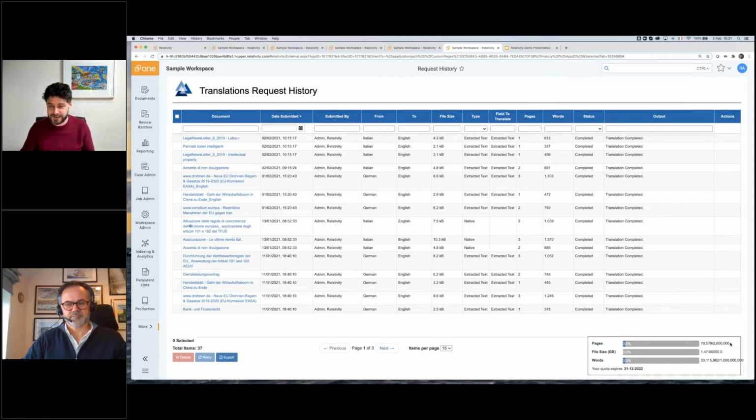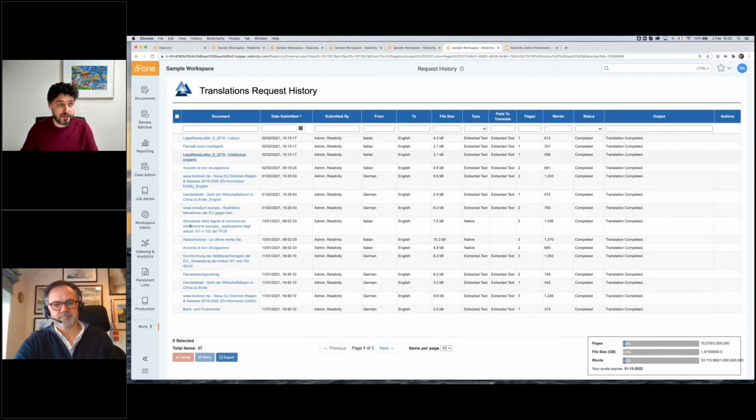That's quite a lot. That's going to last for a while. And they've used 70,000 of them so far, so 3.5%. And it expires at the end of 2022. So that's how you can monitor the overall usage in the application. And as well, if you get to a certain point of usage or you're getting close to your expiry date, we'll get notified and we'll reach out to you and be able to see what you want to do from that point on.